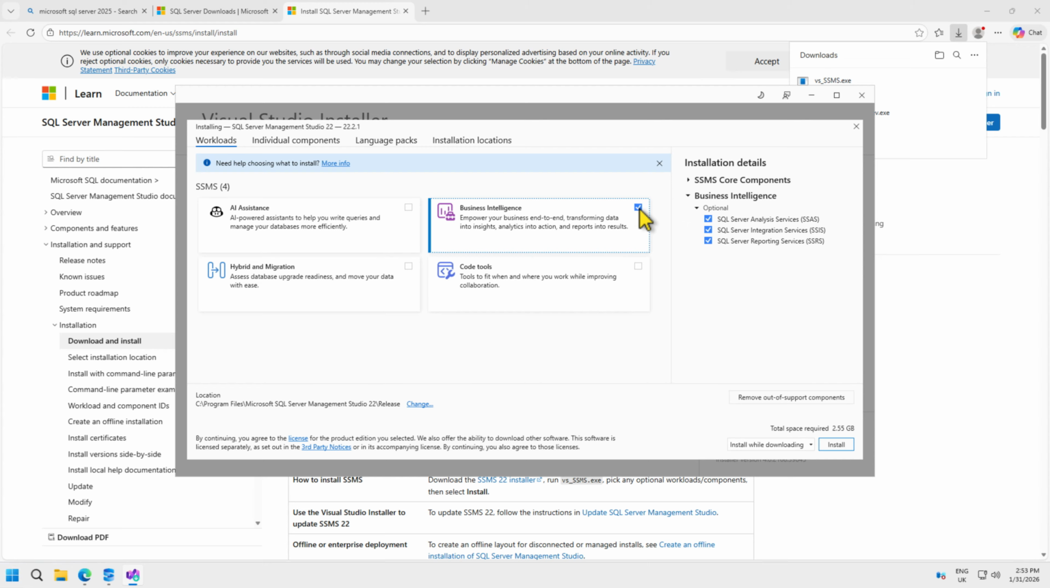That is the first thing. So by selecting this business intelligence, it will allow you to connect to other things like the SQL Server Analysis Services, the SQL Server Integration Services, the SQL Server Reporting Services. So for you that are just installing afresh, you might not need all these options, and that is why